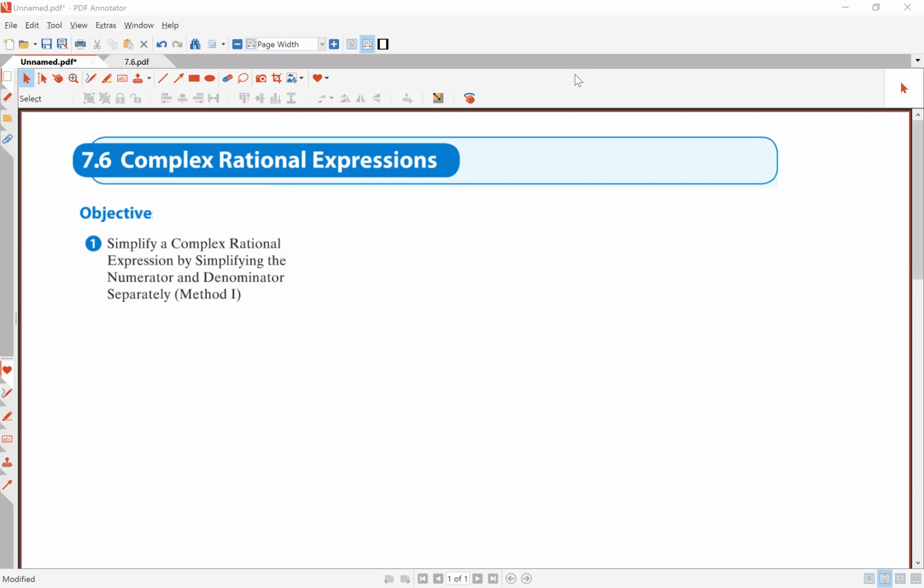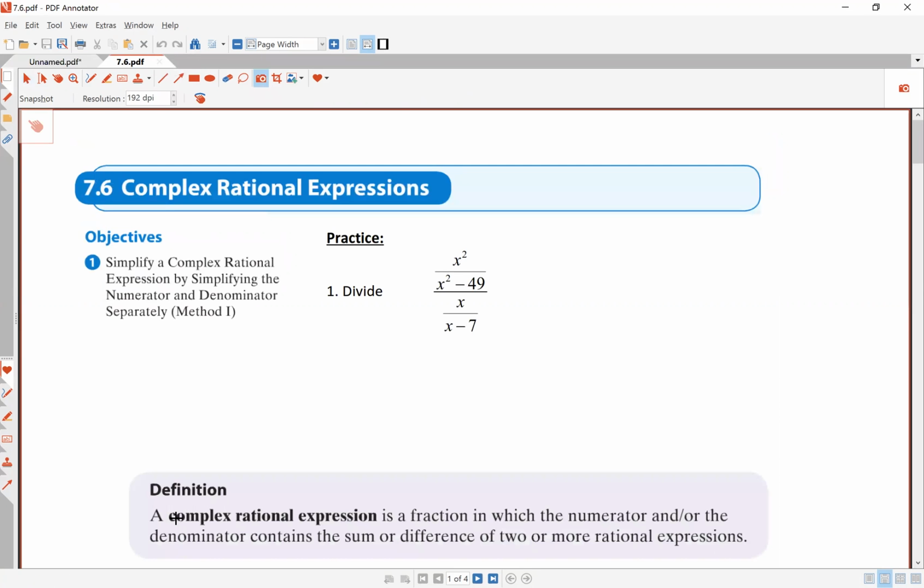This video is for 7.6 complex rational expressions. The objective is to simplify a complex rational expression by simplifying the numerator and denominator separately. A complex rational expression is a fraction in which the numerator and/or the denominator contains the sum or difference of two or more rational